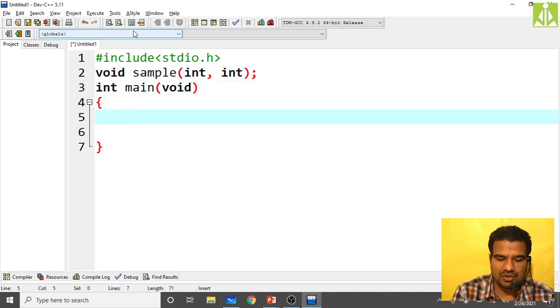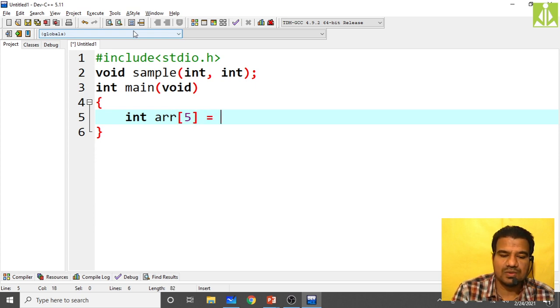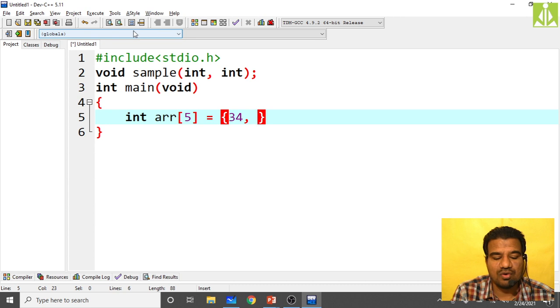So here I quickly declare an array, int arr of 5 elements. Instead of reading from the keyboard, I'm initializing it here itself: 34, 45, 9, 3, 8.